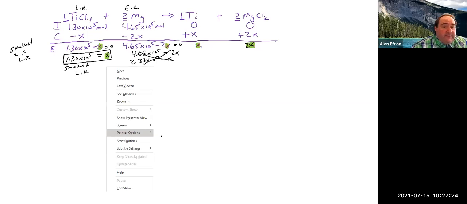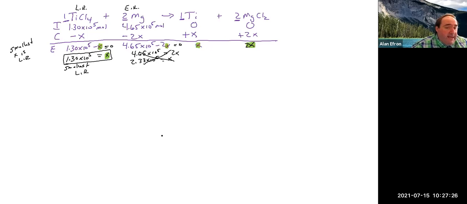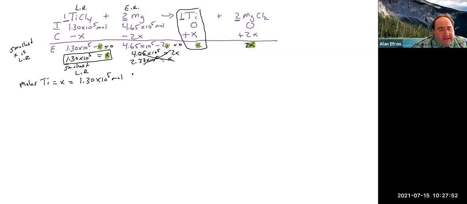So we will focus on what the question was asking, which is: what is the theoretical yield of Ti? If we go to our ICE table, we can see that at the end, Ti is equal to x. That means the moles of Ti would equal x, which we have now solved for, which is 1.3 times 10 to the 5 moles of Ti. If we want to know the grams of it, we could use the molar mass of Ti,